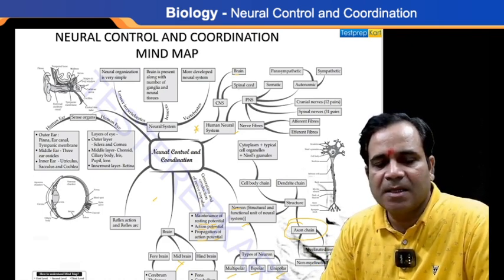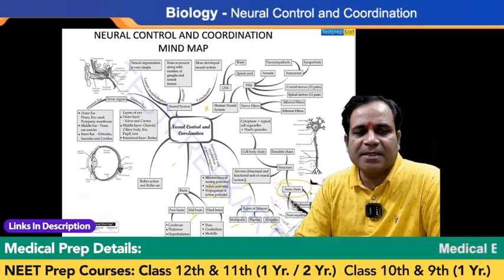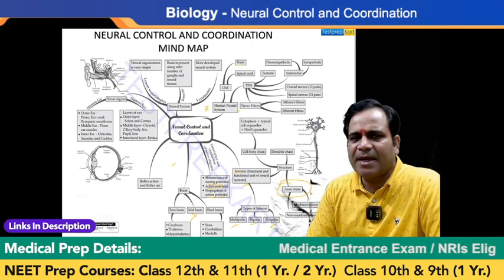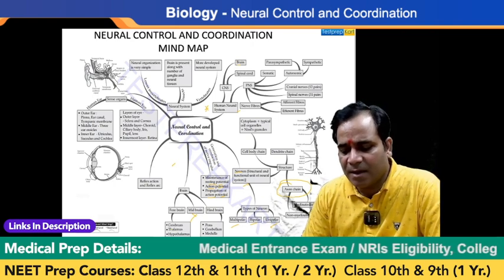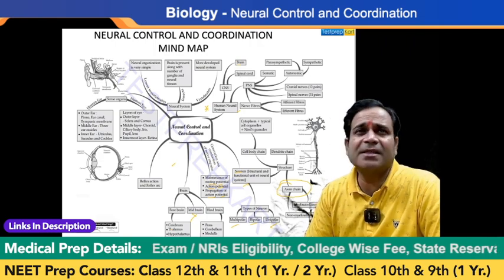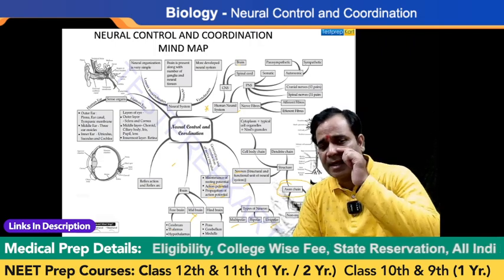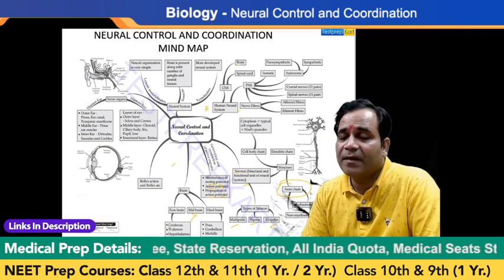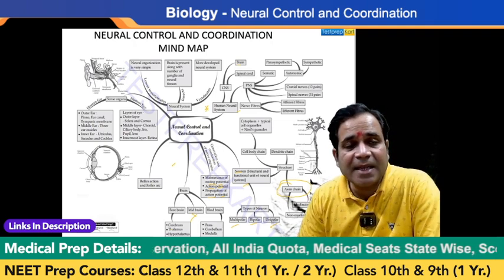Okay, is that clear? Then after that, we understand the reflex action or reflex arc, which is so simple. A spontaneous action which is not controlled by our will is known as a reflex action, or you can say a sudden action, my dear. That is known as reflex action.